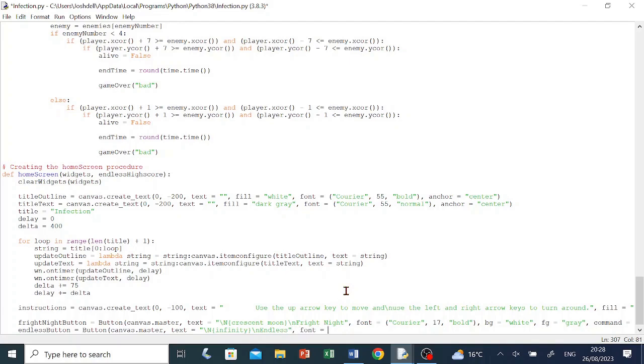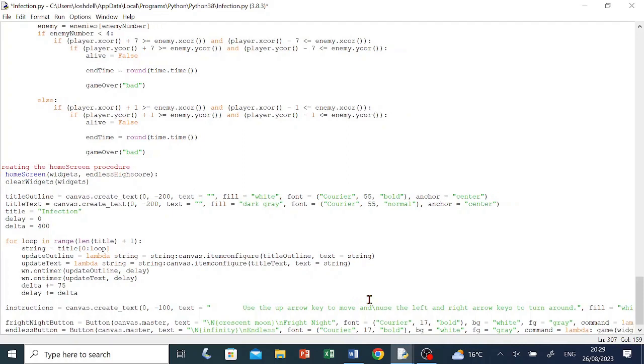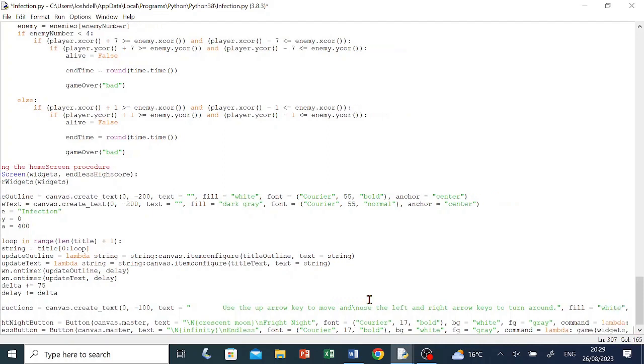font, space equals space, open brackets, open quotation marks, courier, close quotation marks, comma, space, 17, comma, space, open quotation marks, bold, close quotation marks, close brackets, comma, space, BG, space equals space, open quotation marks, white, close quotation marks, comma, space, FG, space equals space, open quotation marks, grey, make sure grey has an A, not an E, close quotation marks, comma, space, command, space equals space, lambda, colon, space, game, open brackets, widgets, comma, space, open quotation marks, endless,